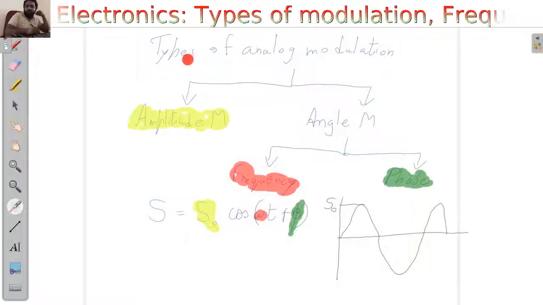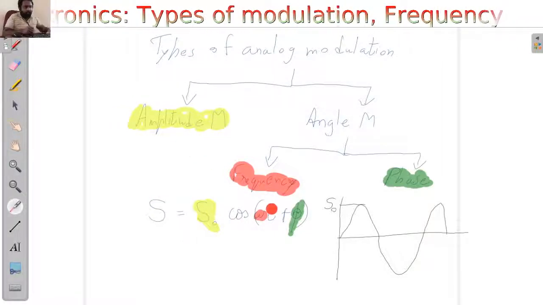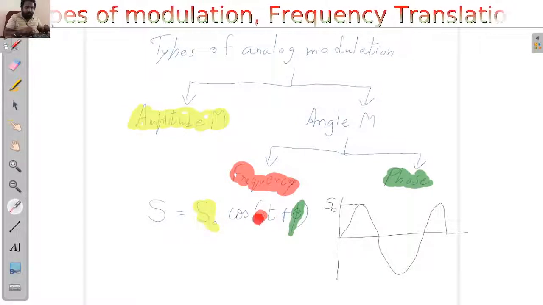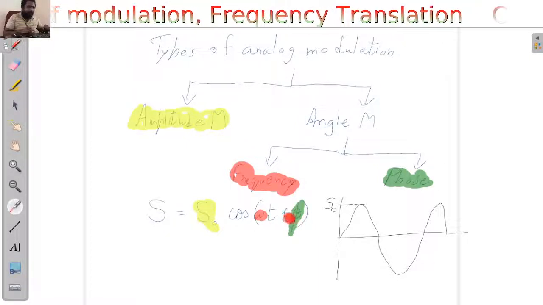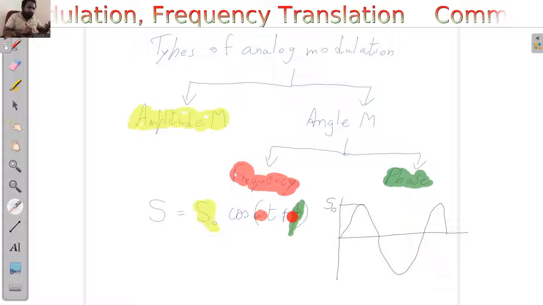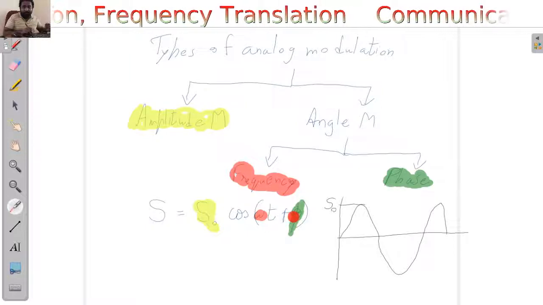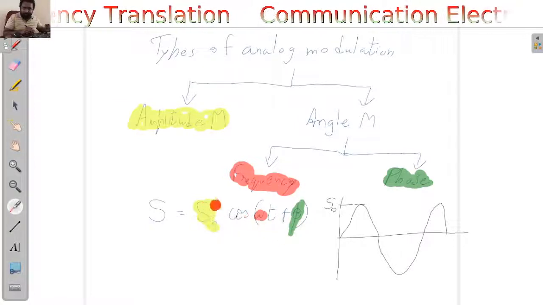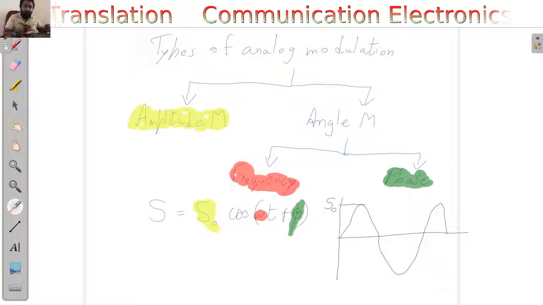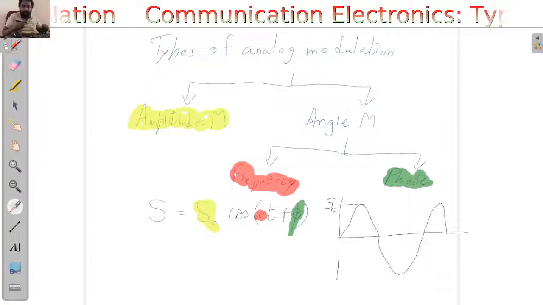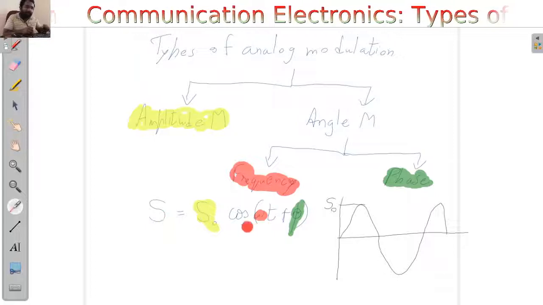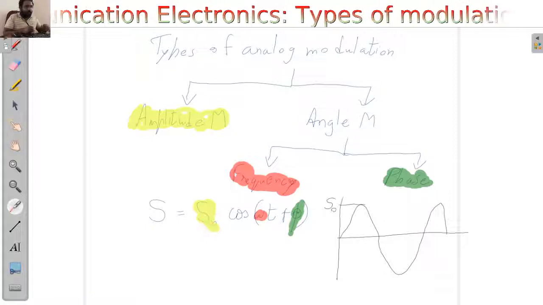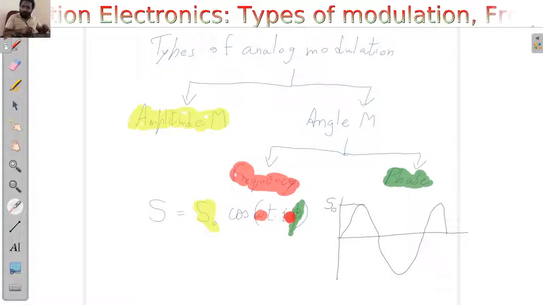So there are three parameters when you are considering a wave. The first parameter is obviously its amplitude, the second one is its frequency, and the third one is a phase. So when you are trying to communicate through long distance communication via modulation, we will be using either of these three parameters. We can use amplitude or frequency or phase to code or modulate our information of interest onto a particular high frequency signal. So I can code my information onto the amplitude of a particular wave, or to the frequency of the particular wave, or to the phase of the particular wave.